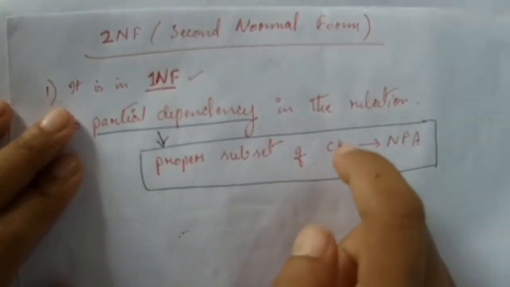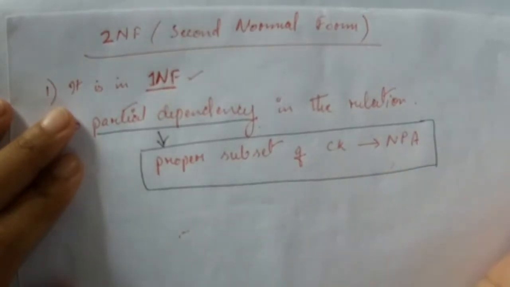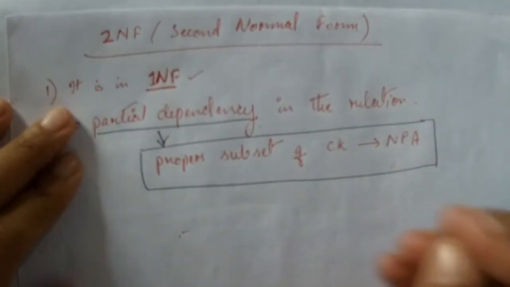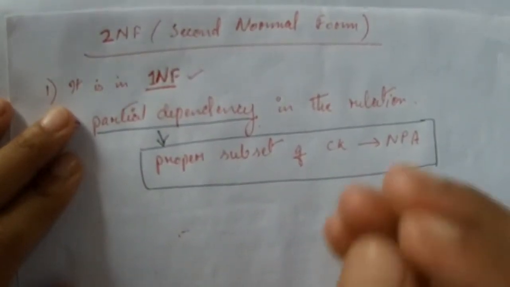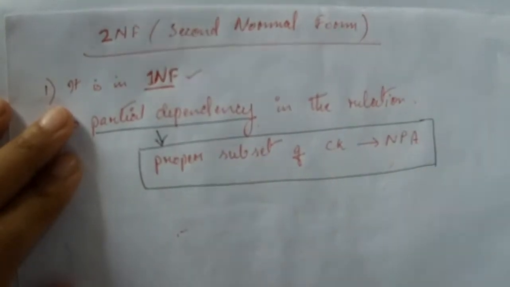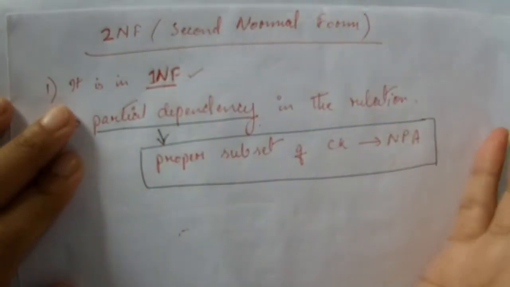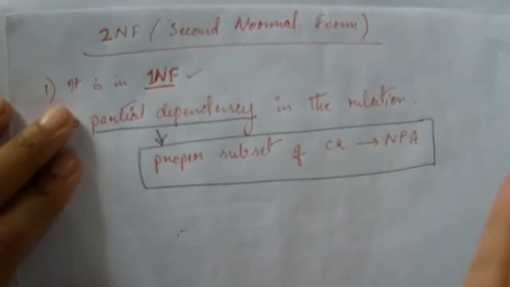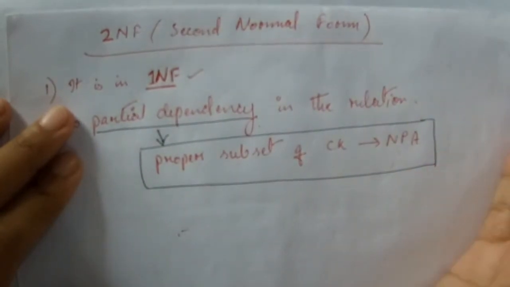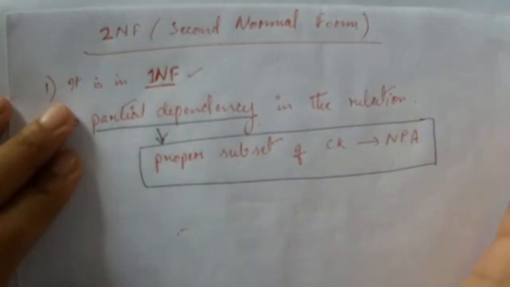And what is a candidate key? A candidate key is a minimal super key. Super key is also one of the topics that we have discussed in one of our videos, right? In that video we already solved some questions, like how to find a super key from the given relation. If you have skipped that video, please do watch it, or else it will be difficult for you to understand.